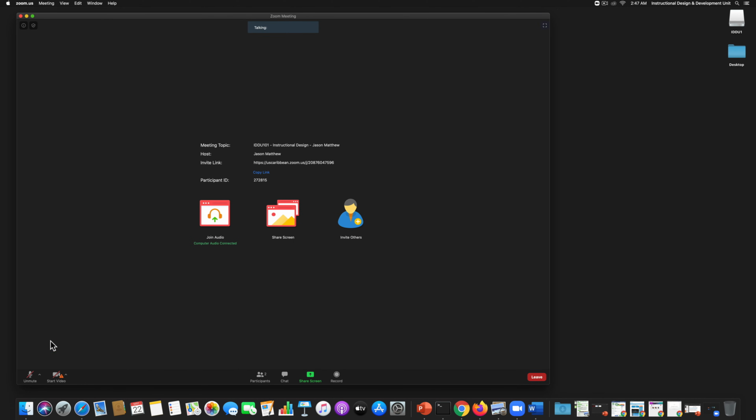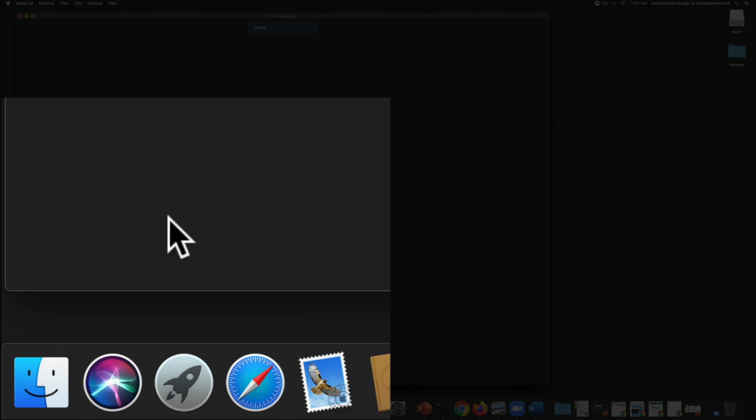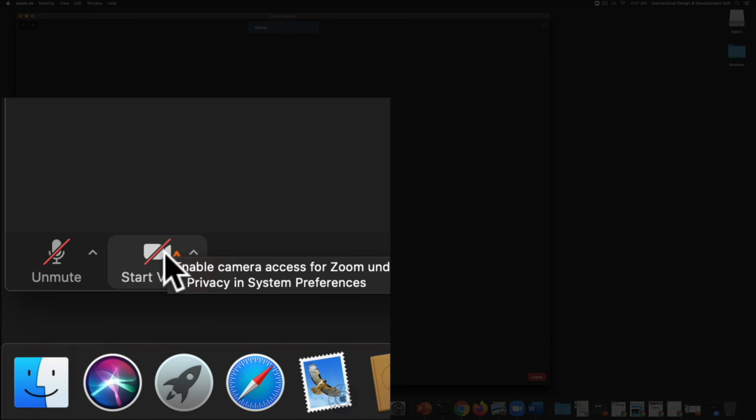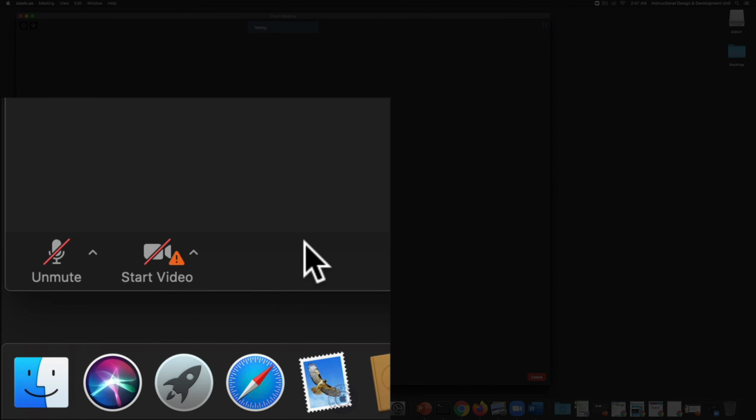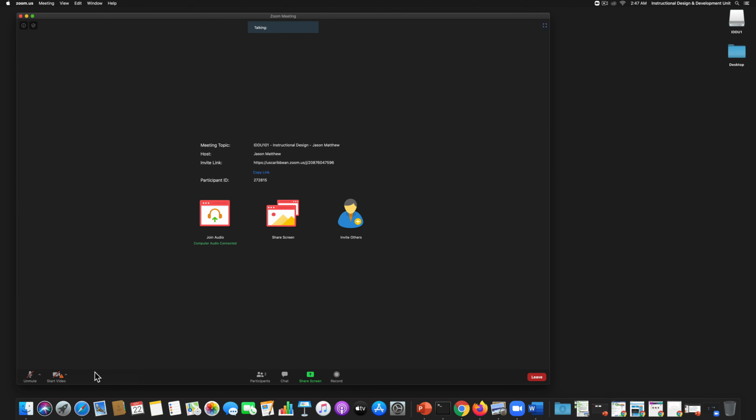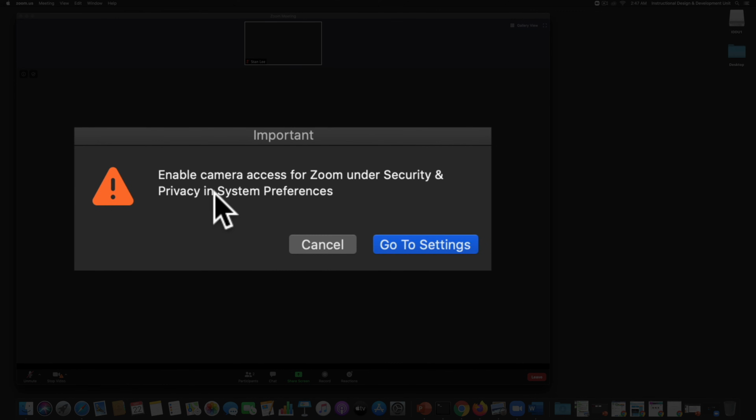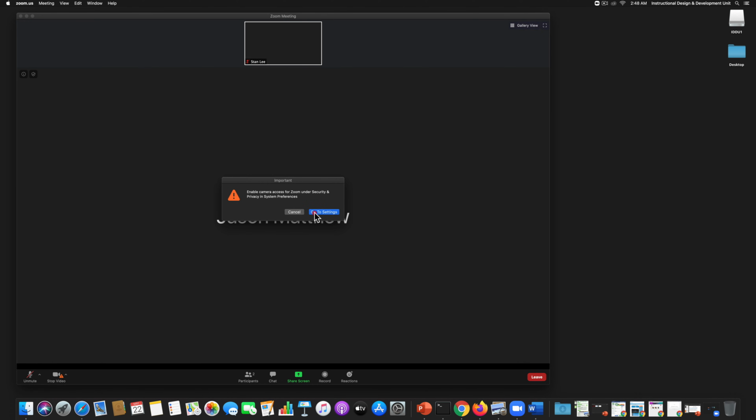So that's another option. Now, for those of you who are using Apple devices like I am, like an iMac or a MacBook Pro, you would know that in the latest installation of the operating system, Catalina, you have a lot more privacy and security settings, and you have to tell the computer that you want to allow the camera. For instance, you just click on it and it says enable camera access for Zoom under security and privacy in system preferences. So you just go to the settings there,